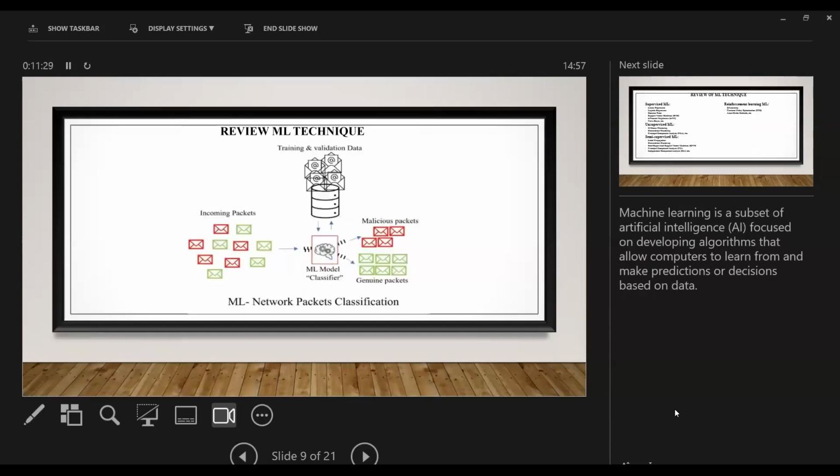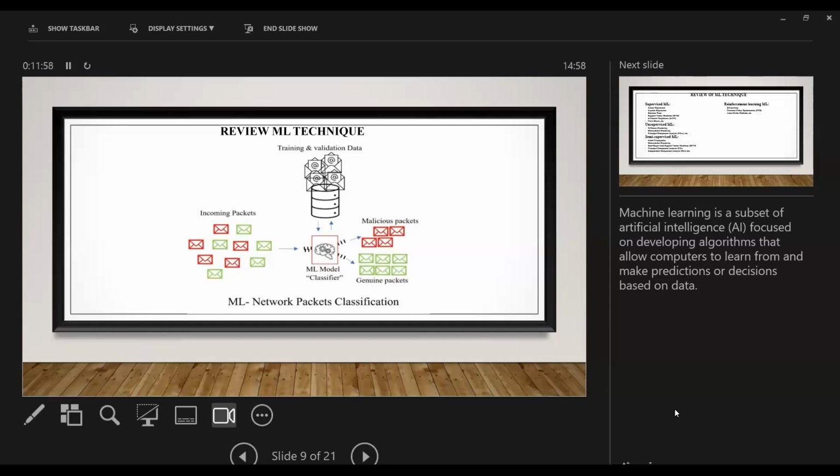And then a review of an ML technique. A simple example I can give you related to ML is that in your mail, you can see the spam mails. At the same time, if you see the traffic that is coming into your system, at that point of view, you can also check how the packets are coming and how they are being classified. So most of the time, the ML does it on its own.